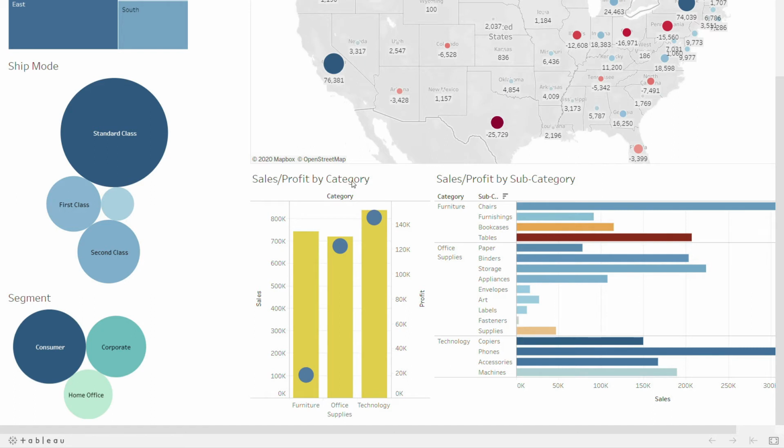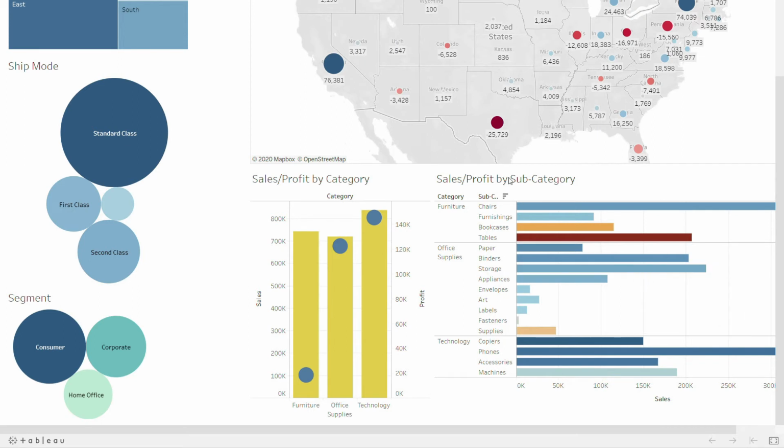Now let's look at the sales and profit by category. In this graph the yellow bars are representing the sales amount. We can see the sales in the technology category is 836,000. For office supplies, it is 719,000, and for furniture, the sales is 742,000. But these blue dots are representing the profit, so we can see that technology and office supplies are giving us a pretty fine profit, but in the case of furniture, the profit is very low. So we can say that the furniture category is a problem area for us, and as a business manager, we need to pay attention to furniture.